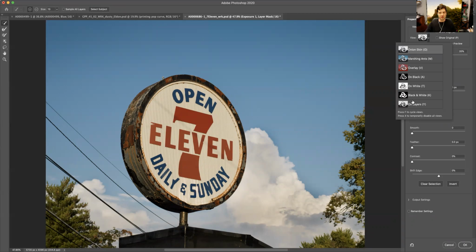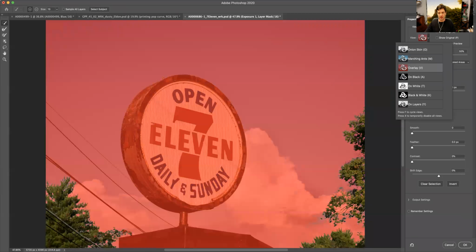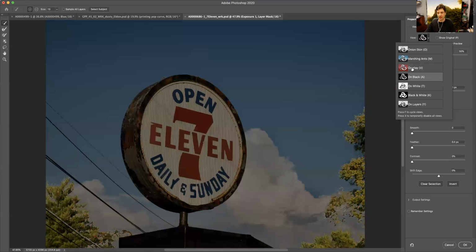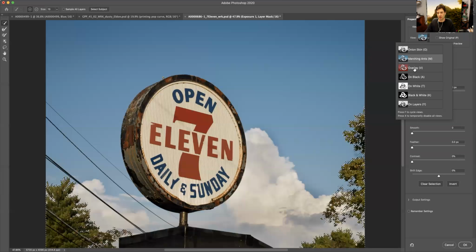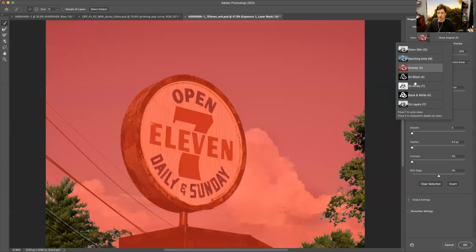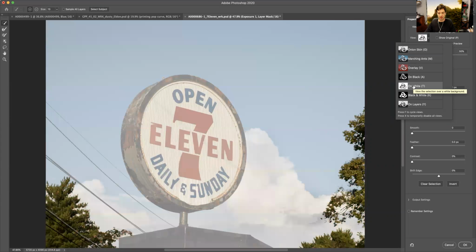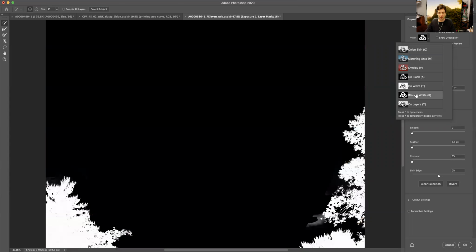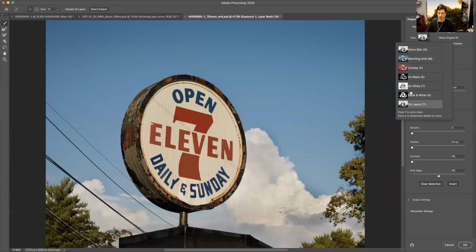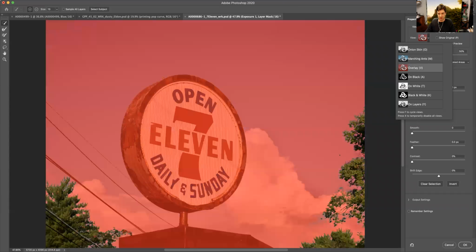I have a bunch of different view modes. So if I go to overlay, that's going to show me mask out everything except the selected area. So you can see that here, or I can look at this in different ways. I can, of course, go to marching ants. I could also do onion skin. It's not very useful. Some of these will look better on others, be better on some than others. So here's like pretty good if I just want to look at the mask. I think I'll just go back probably to overlay here, because it gives me a pretty good sense of how